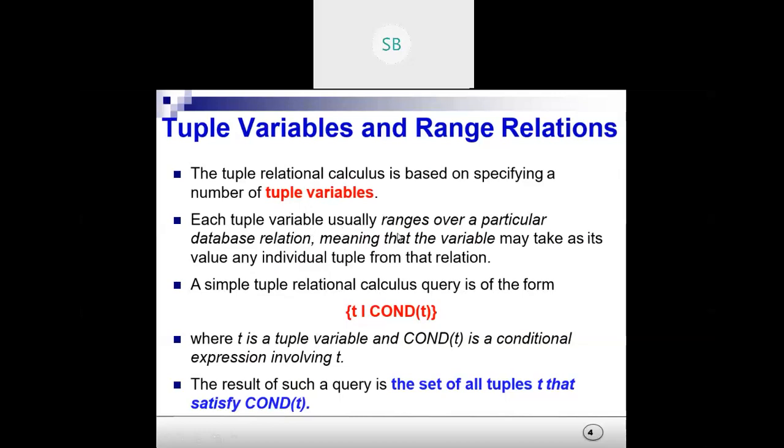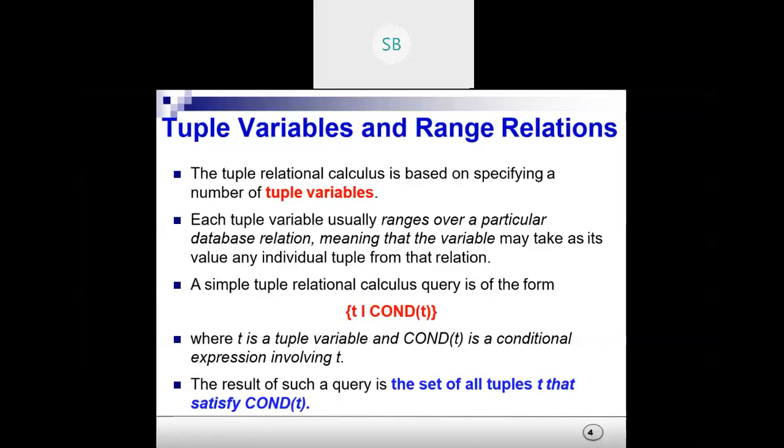Each tuple variable usually ranges over a particular database relation, meaning it belongs to some database table.